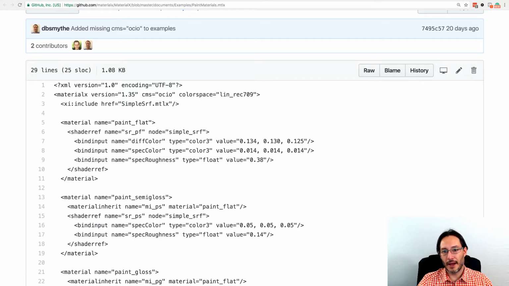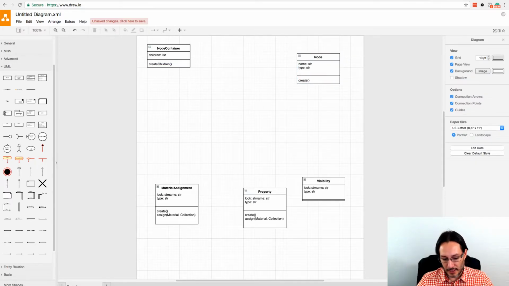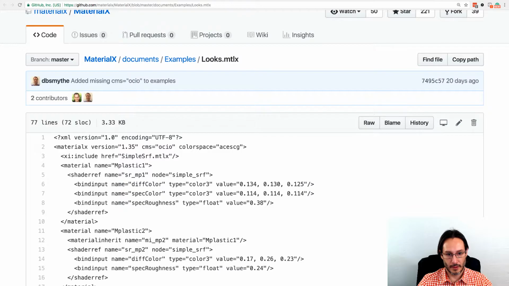So based on that, I know that I'm going to need a node class. And a node class is basically going to use all of the information that is included in the material X file so that it can create, in Blender, a material or a shader or a node of some type. We don't know which type yet. We're not going to go concrete yet. We're going to try to stay as abstract as we can, so we're just going to call it node. This just has the ability to read information from material X and then take some kind of action in the Blender scene file.